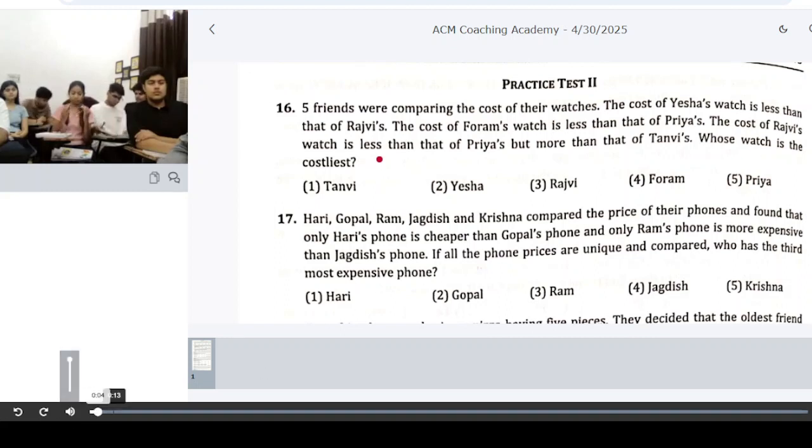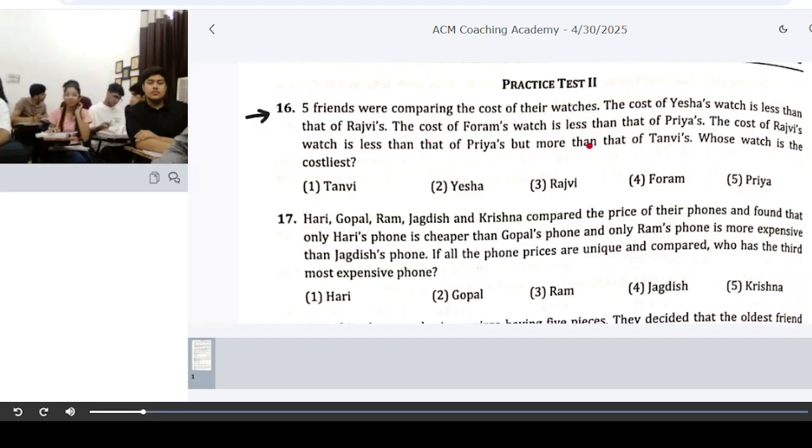We have ranking and ordering. The first part which we're going to do is ordering. Ordering means we're going to put the objects in an ascending or descending order on the basis of certain instructions. The first instruction, the first example to understand it, says